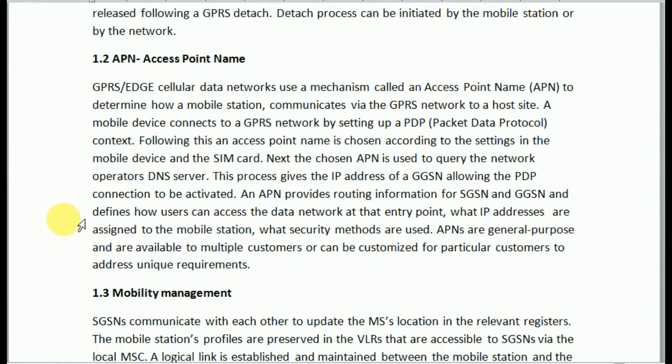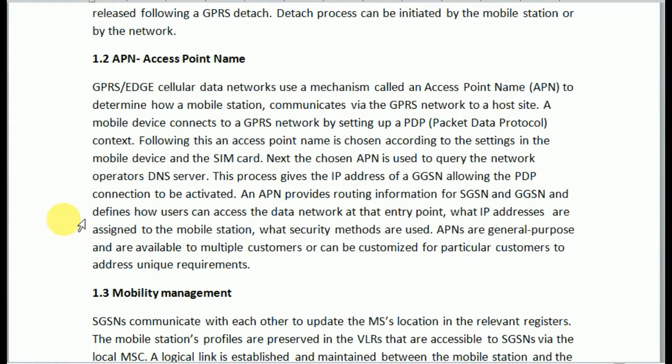Following this, an access point name is chosen according to the settings in the mobile device and the SIM card. Next, the chosen APN is used to query the network operator's DNS server. This process gives the IP address of a GGSN, allowing the PDP connection to be activated.